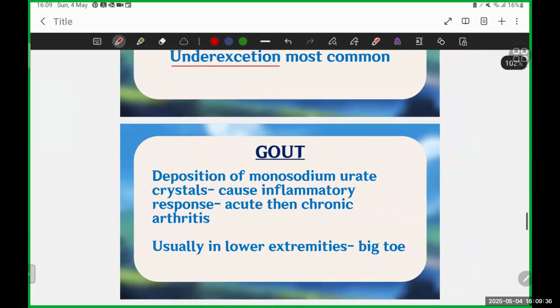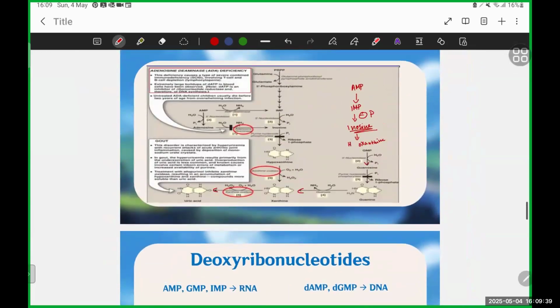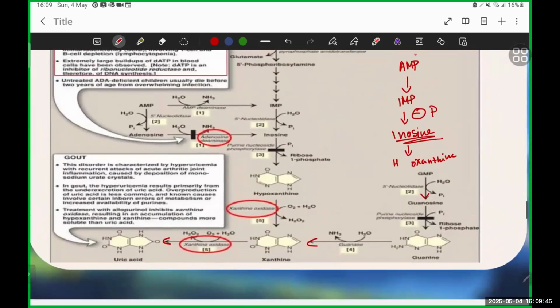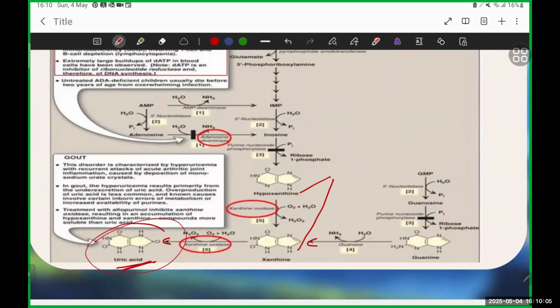Coming back to this pathway here, there is one form here, among hypoxanthine, xanthine and uric acid, that's not very soluble. Yeah, it's uric acid. Uric acid is not very soluble. So this is the problem here. These other ones are the soluble ones. Now, when you have an underexcretion of uric acid and you have a lot of uric acid in your body,